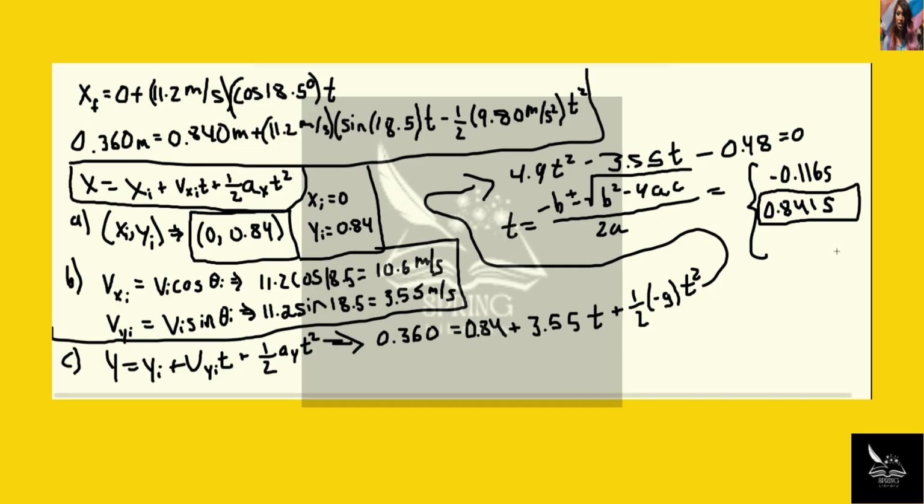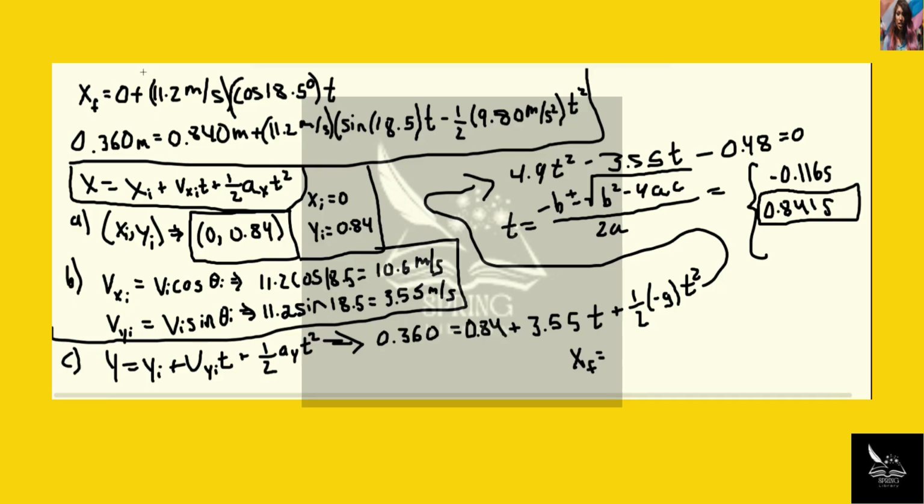So let's go ahead. We have our time, which is powerful, and now we can find that x final that we've been looking for since the beginning. We can just take this formula right here, and we'll bring it down. We just got to plug in what we know for t, which we just found out. So we'll go ahead and do that now. I'm going to do it down here. X final